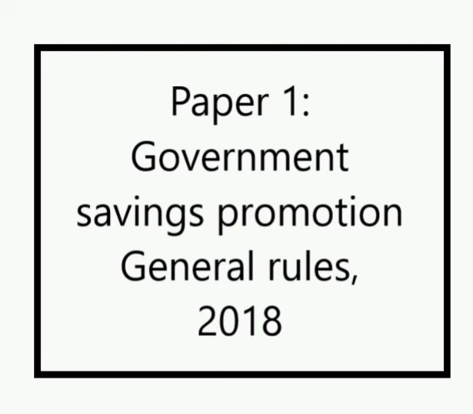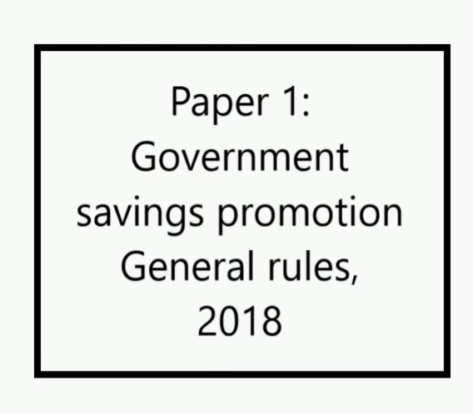Where the surviving nominee is a minor, the payment shall be made to a person appointed by the depositor under sub-rule 2 of Rule 14 to receive such payment, and if no such person has been appointed, to the guardian of the minor. If a depositor dies and there is no nomination in force at the time of his death,